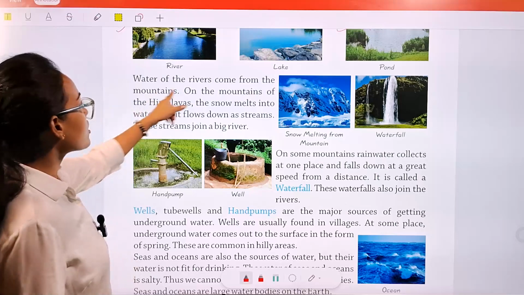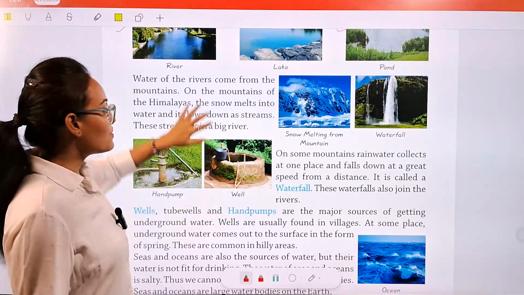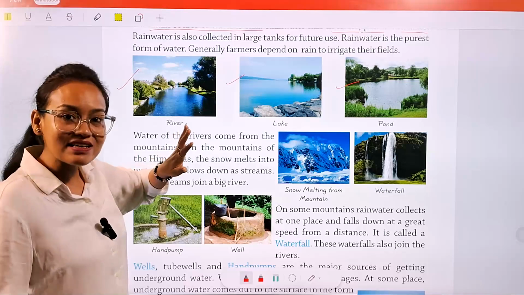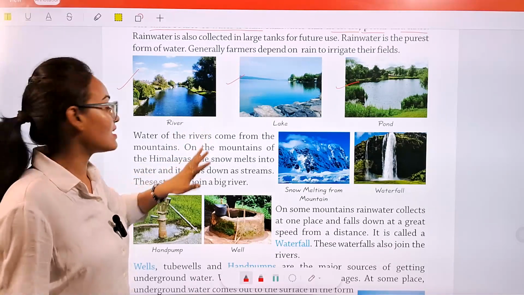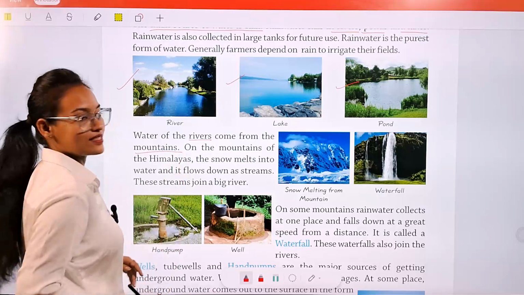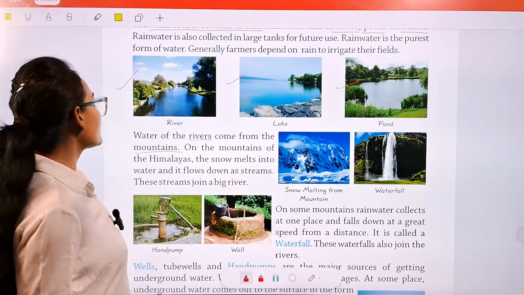See, water of the rivers comes from the mountains. But my dear students, आपने कभी सोचा है कि ये जो रिवर का पानी है ये आता कहाँ से है, ये कहाँ से आता है? So जो रिवर का पानी होता है वो आता है आपका माउंटेन से, ठीक है. On the mountains of Himalayas,